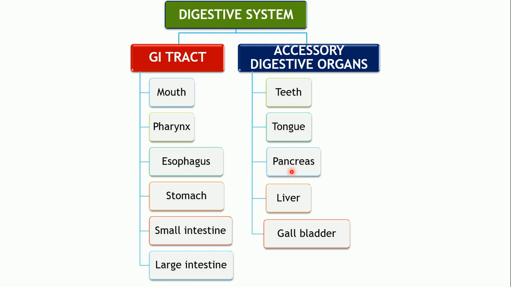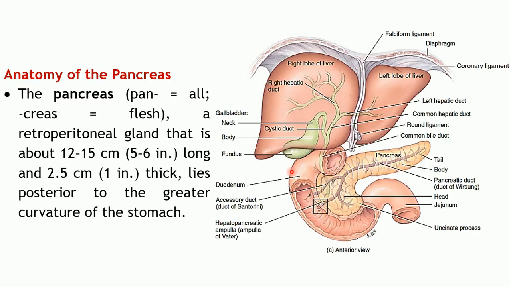So we'll see the anatomy, the histology and the secretion, the physiology part, that is the secretions which they secrete and what are the functions of the several components of which the pancreatic juice is composed. So to start with, the anatomy of the pancreas. Let's see what the gross anatomy of the pancreas is. Before going into it, let us see why it is known so, from where this name has been derived.